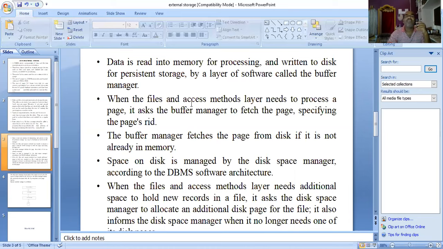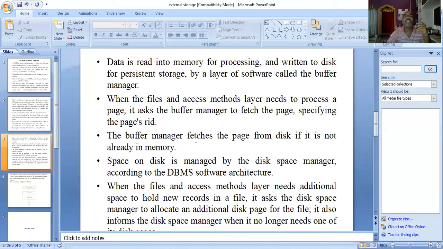That means whenever the file and access methods layer needs a specific page for processing, it asks the buffer manager to fetch that page by specifying the page's RID. In each and every page, an RID will be there, so that by using that RID only, that data will be retrieved.